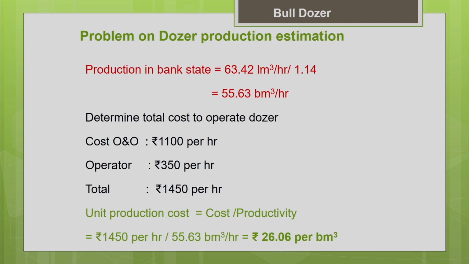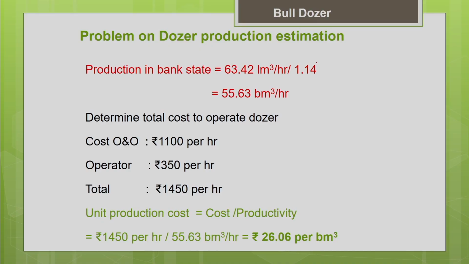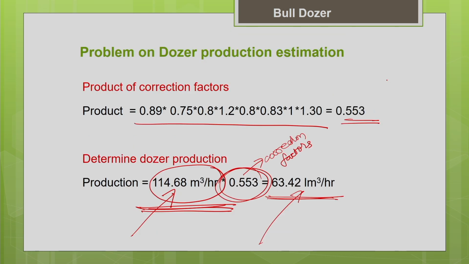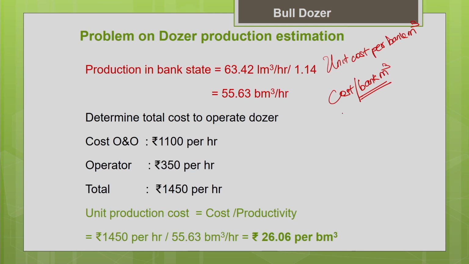Now, the next part, after estimating the productivity, we are supposed to estimate the unit cost of production, unit cost of earth moving operation. So how to do that? And they have asked you to calculate unit cost per bank meter cube. So that is what is asked in the problem. Okay, cost per bank meter cube. We need to calculate that. So we need bank meter cube, but what we have calculated so far is the loosened volume. So what you know is the information in the loosened state. So now we have to convert this loosened state value, loosened measure, again into the bank measure. Then only we can estimate the cost per bank meter cube.